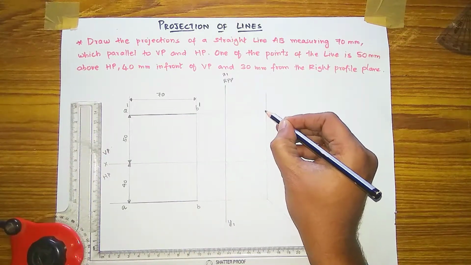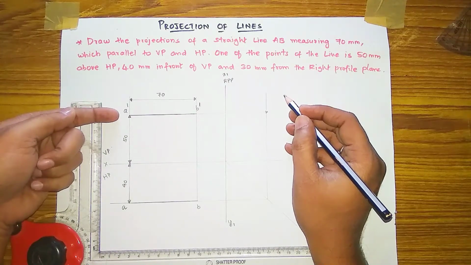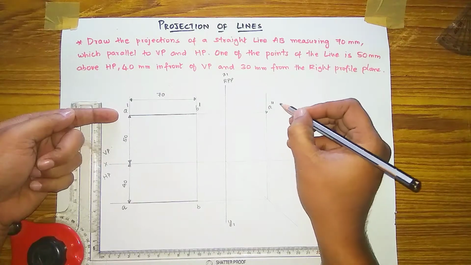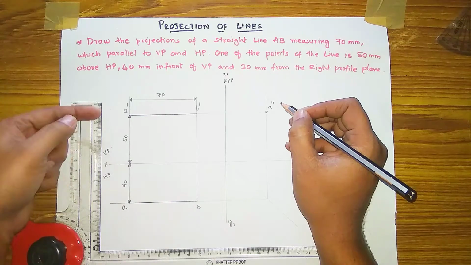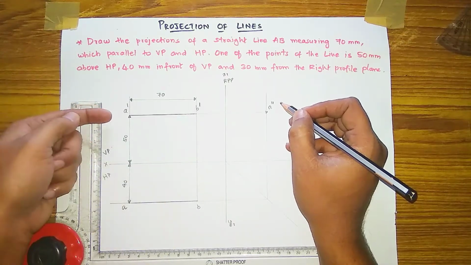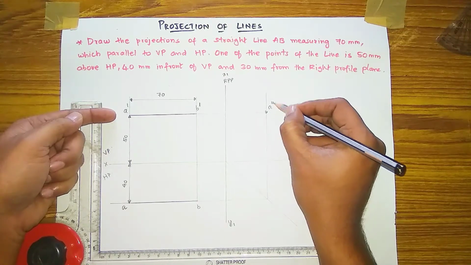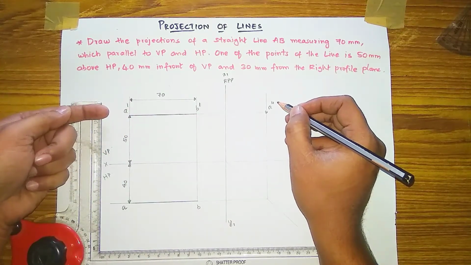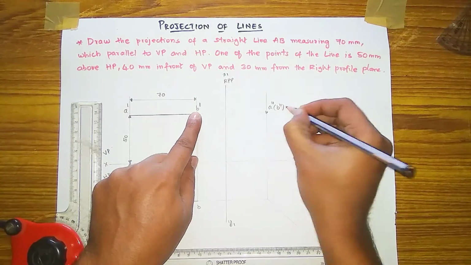Then where this A and A dash are meeting, here you will have a point like this. Why? If you see this line from the left, this A is visible, so you have to write it as A dash without bracket, okay. For B, if you see this A dash line, you will see it like a point, that's why I have made a point here. So A dash is visible, I have written it without bracket, as A dash. And B is invisible from this left side. So for the invisibility, you have to write B dash in bracket, okay.